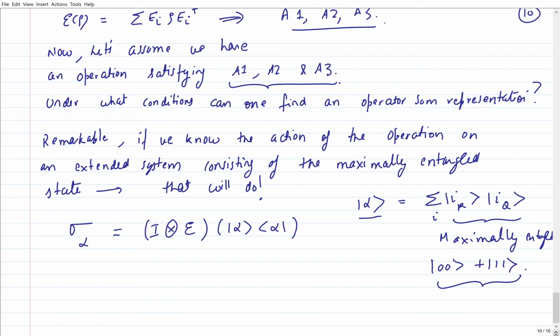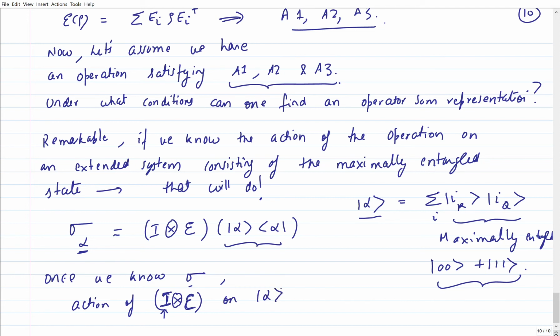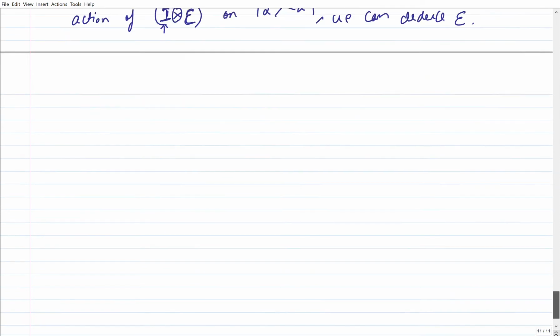So once we know this guy, I'm going to drop the subscript here. It's implied that this is going to be applied on the maximally entangled state. So by this guy we know the action of the following, where I do an identity, a trivial operation on the R system and the quantum operation I am interested in on my principal system on this guy. We can deduce the quantum operation. So what does that mean? That means that we can deduce